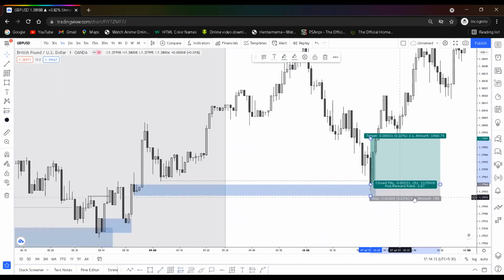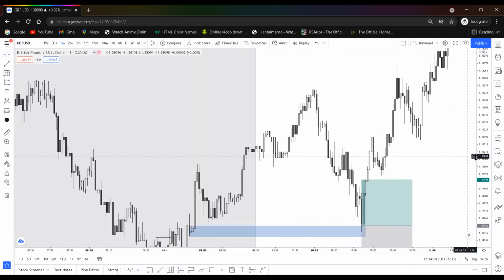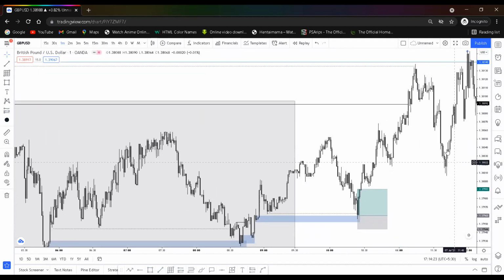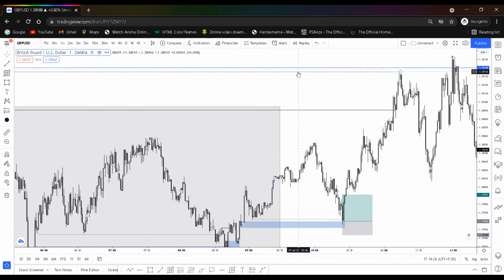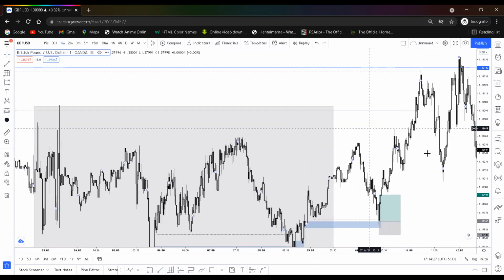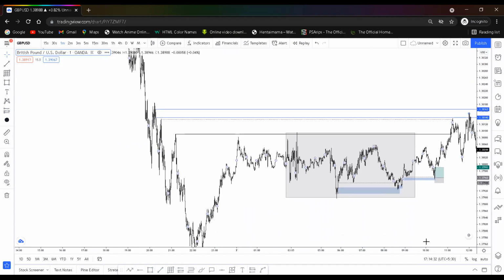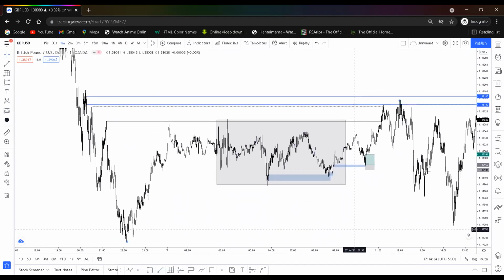Honestly, this 0.8 pip stop loss is not possible. Mine was around 1.6 pips. And then what would I target? We know where the trap is, right? The external range liquidity, sorry, the trap. Because before going to take out the external range liquidity,